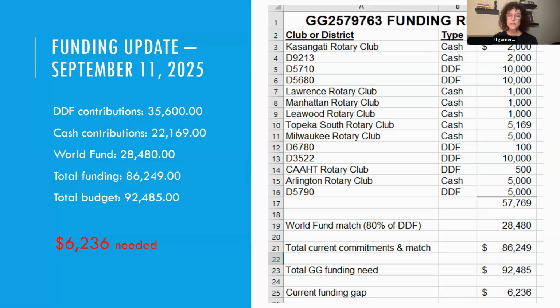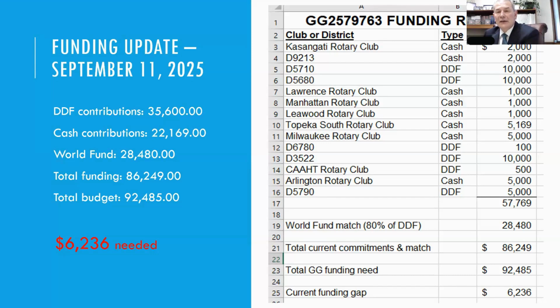And that was in Texas. I don't think you mentioned that was Texas. Yeah, near Dallas. Arlington is a suburb of Dallas, Texas, for those of you who aren't familiar with that part of the world. And that was a contact that Jennifer had, getting us that money through Arlington and 5790.